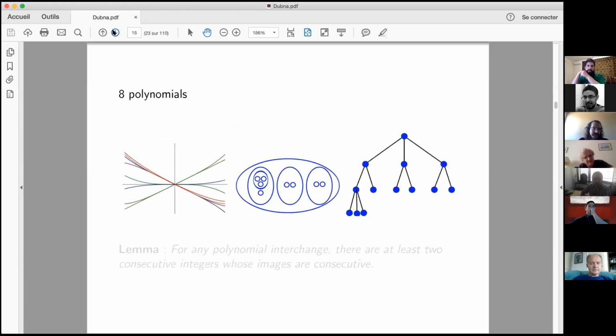On the left, you can see the 8 polynomials crossing at the origin, and you can visualize the permutation. In the middle, I drew equivalence relations. You have 8 polynomials, and you can say, well, let me put these polynomials in the same equivalence class if they have the same derivative at the origin. Then among these 8 polynomials, you can see on the picture that I have 3 classes: derivative 0, derivative minus 1/2, and derivative plus 1/2.